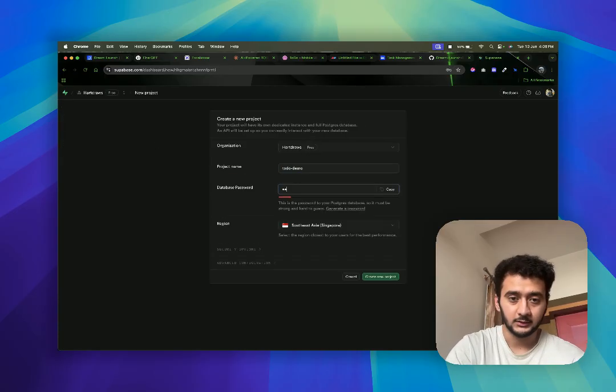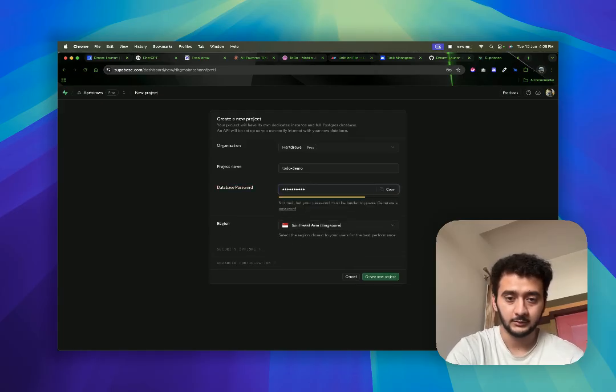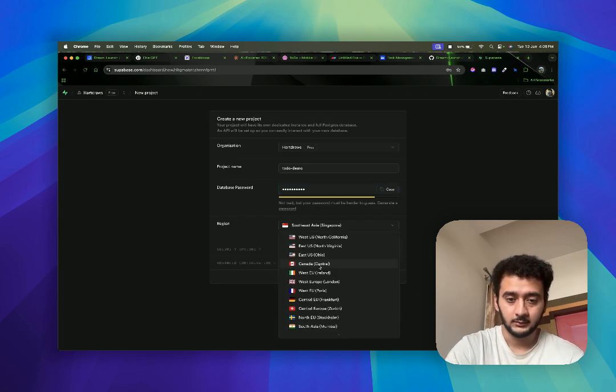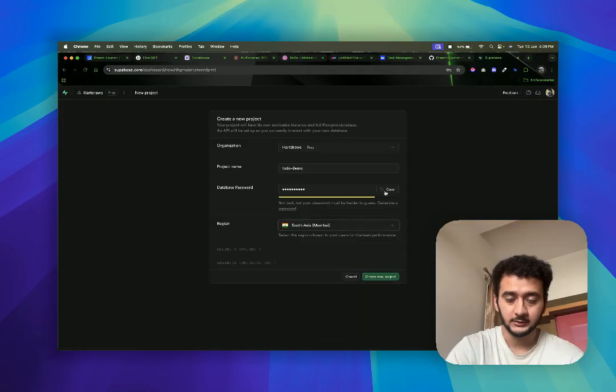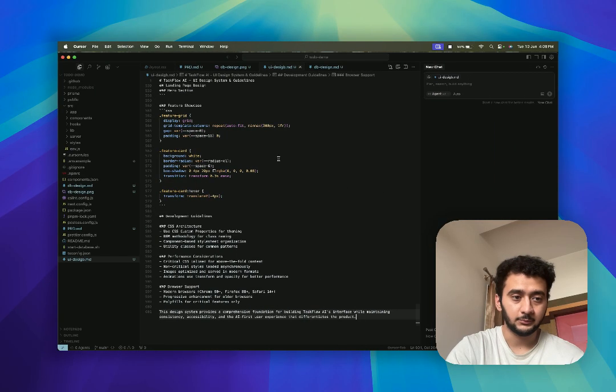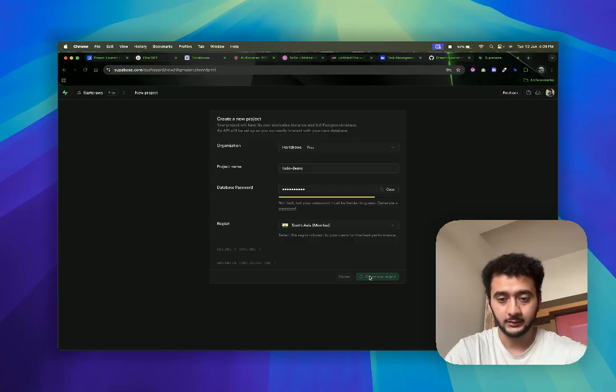I'll keep the password as 123 Harshil 123, and I'll switch the region to Southeast Asia. I'll copy the password just in case, and literally create a new file with the name just to keep it. I'll create the project,